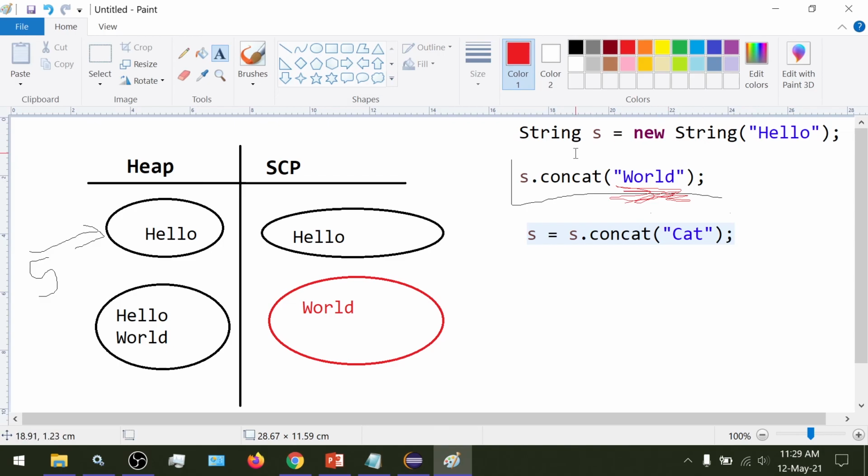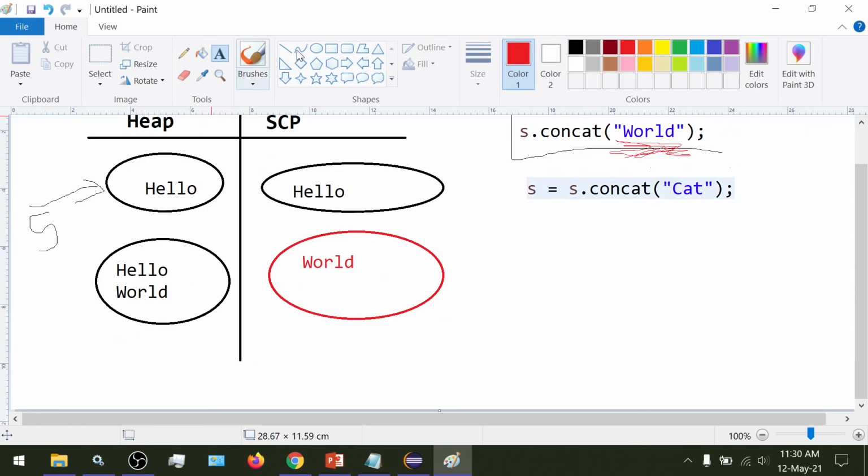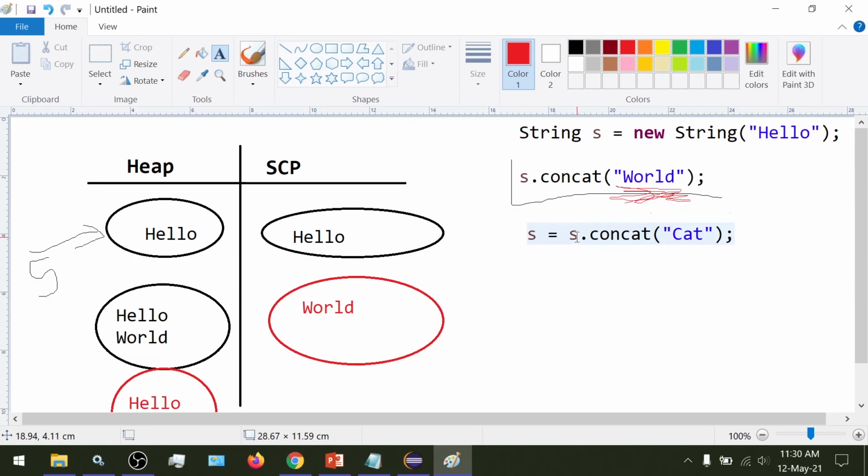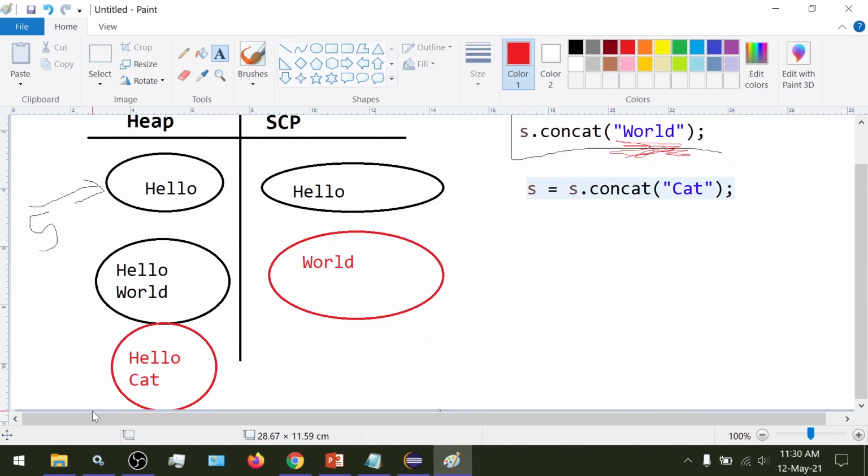Since the content of our s is hello, this concatenation operation creates an object inside the heap with the content hello cat, and the variable s is made to point to this newly returned object.